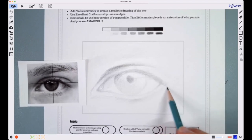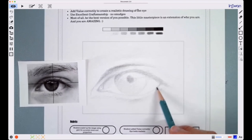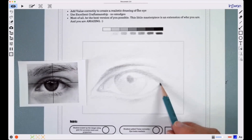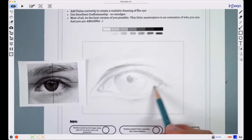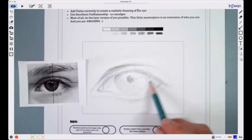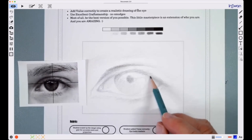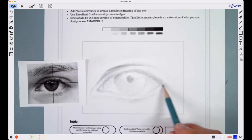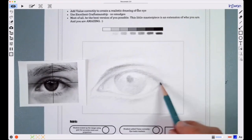And I'm all about success for everybody. I mean, it's super if you have wonderfully talented, naturally gifted kids in your room. That's always a gift, but they're all a gift and they all need a win. So if I can take everybody through the formula and everybody draws a nice portrait that they can be proud of, that's a win. So have them do this upside down